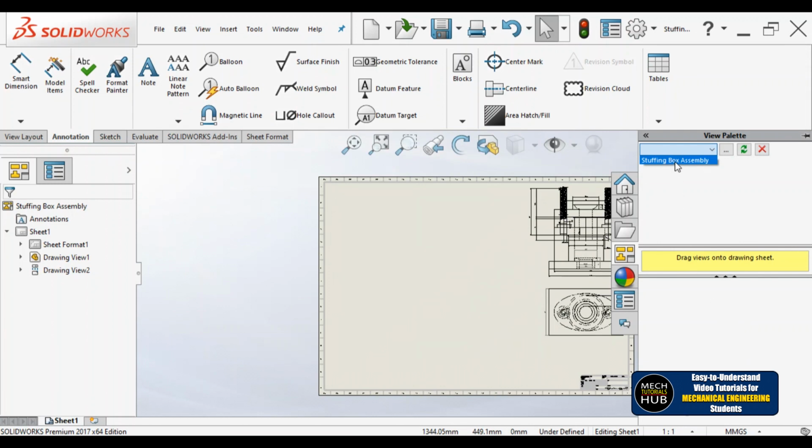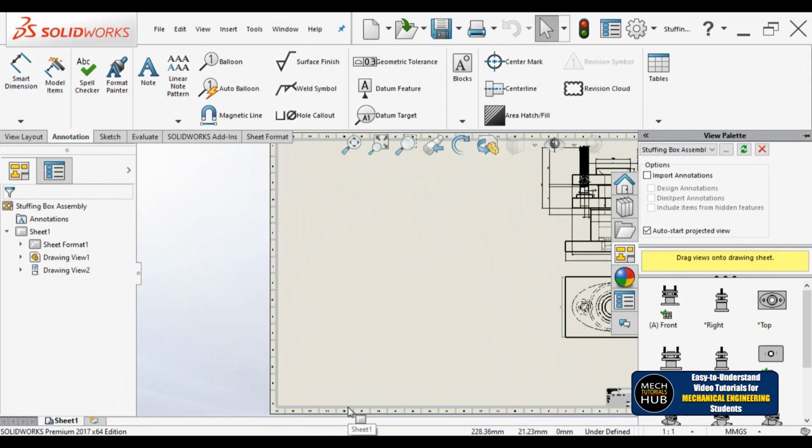Once I click on stuffing box assembly, the assembly projections will come into picture here. Front view, top view, side view, isometric view, trimetric view, diametric view. So it will keep on reading. Now you find the reading also here. You just check it out. It will keep on reading and it will show you all the views. Check mark. Just have a look. It is running, reading all the parts and reading complete assembly.